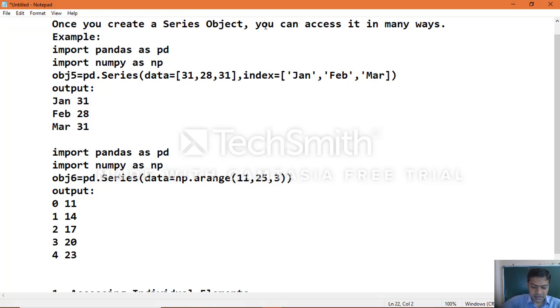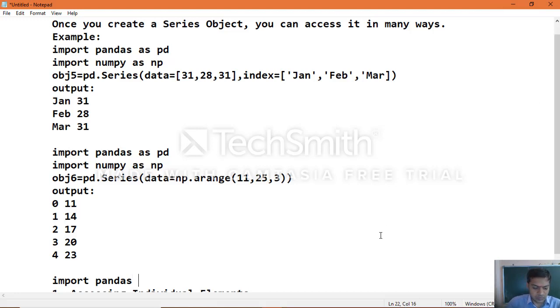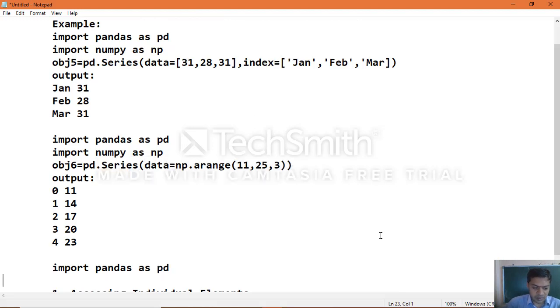In the same way we will take another example. Import pandas as pd, import numpy as np.